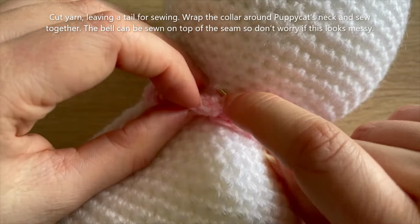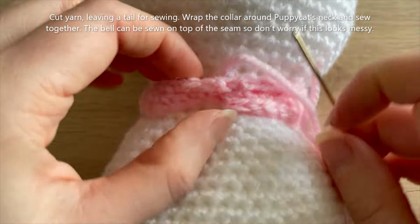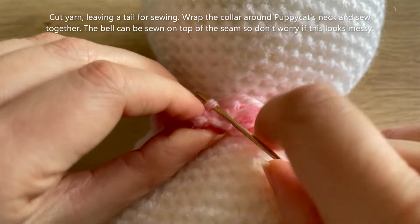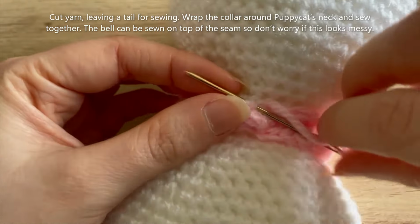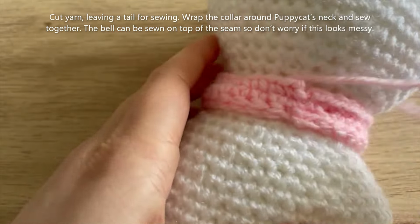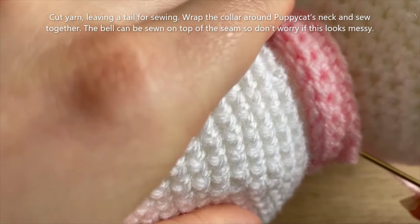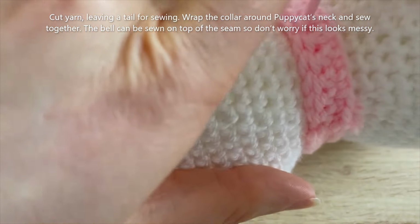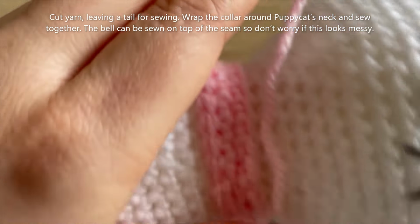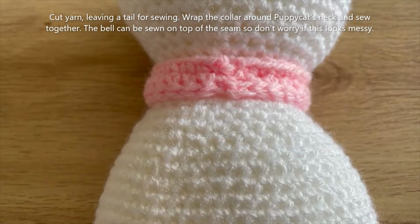But you can leave it because this should be tight enough that it shouldn't be sliding round too much. But I might just do a few, maybe 3 stitches sewing that down. Like that. And like I say, don't worry if that's messy because it's going to get covered up shortly. And then you can just weave your yarn tail through a little bit and then cut that. Okay, so now let's make the bell in our yellow colour that's going to go over the top of